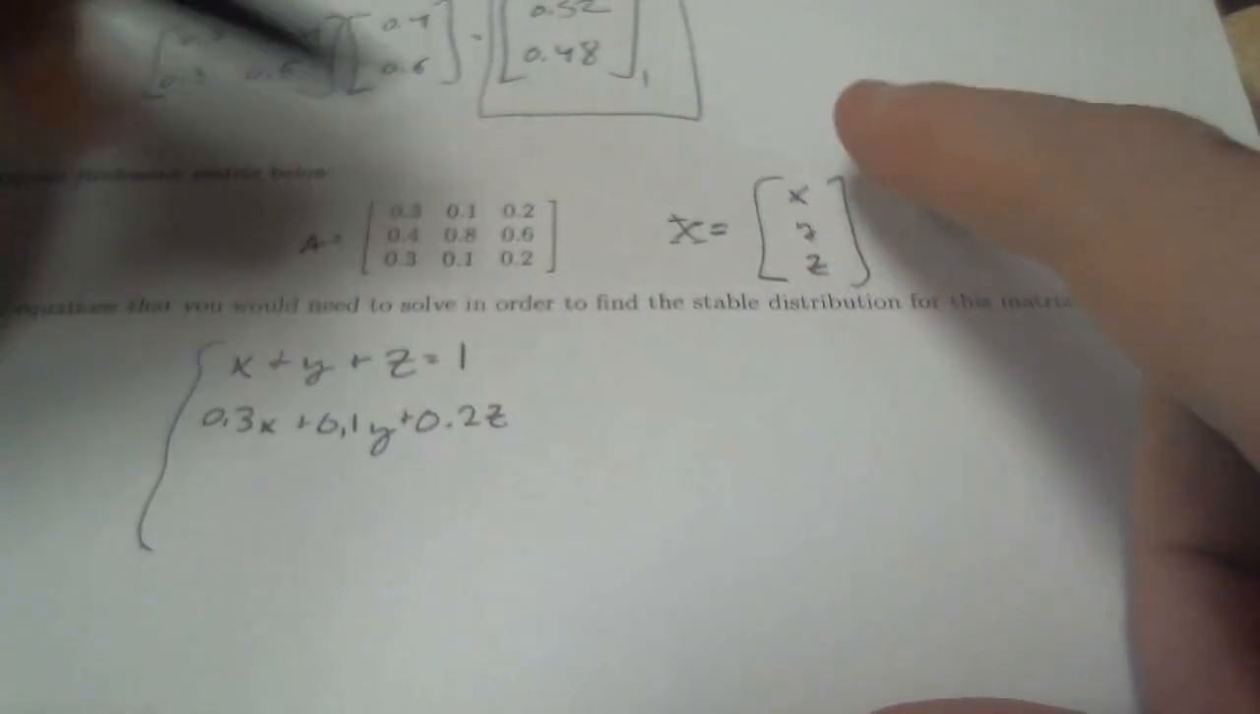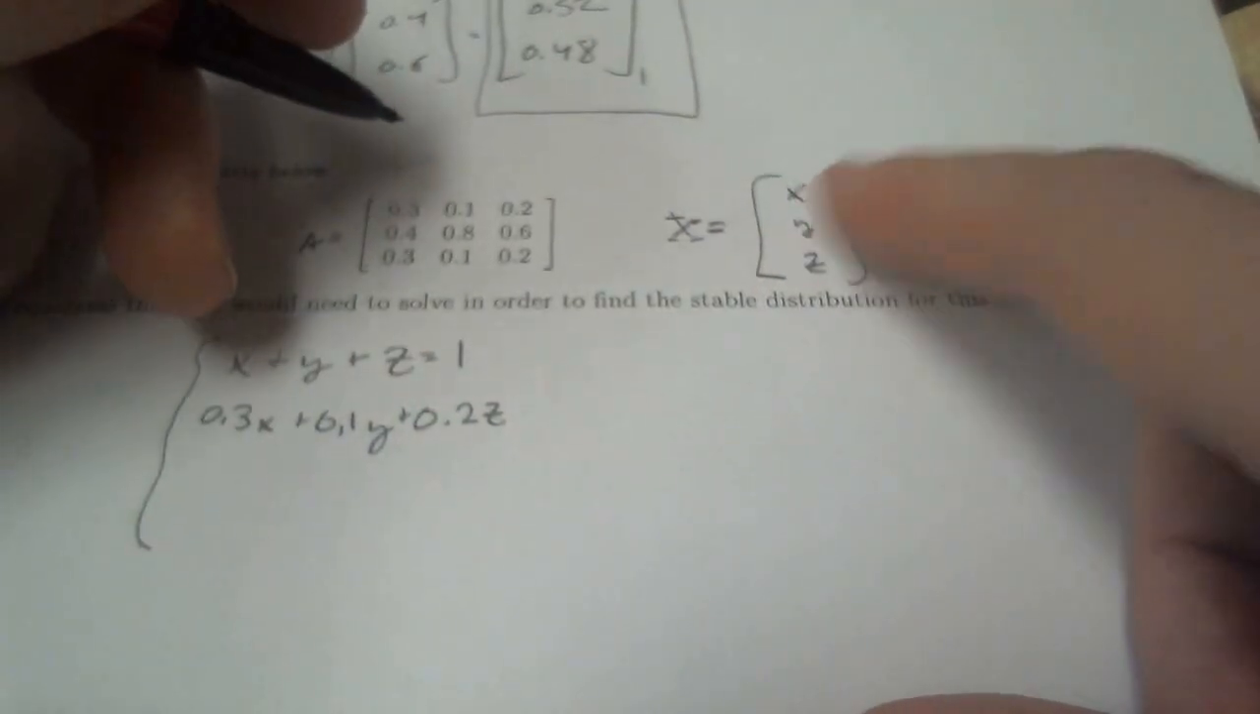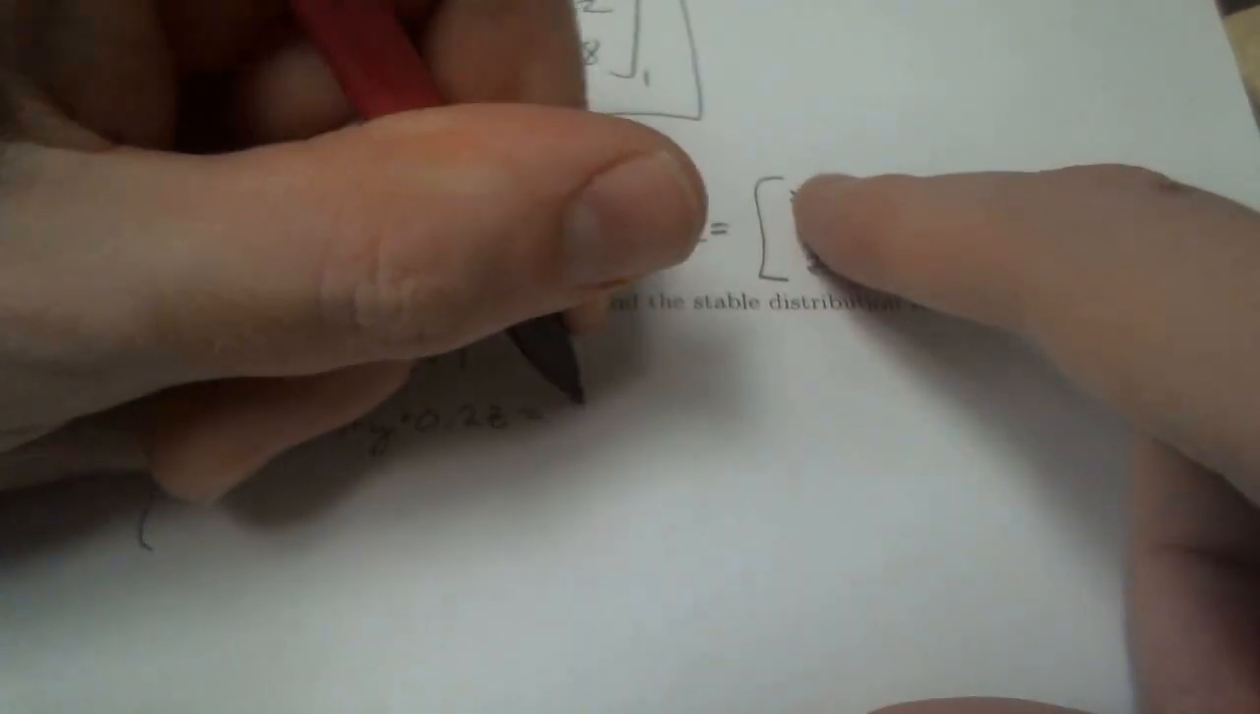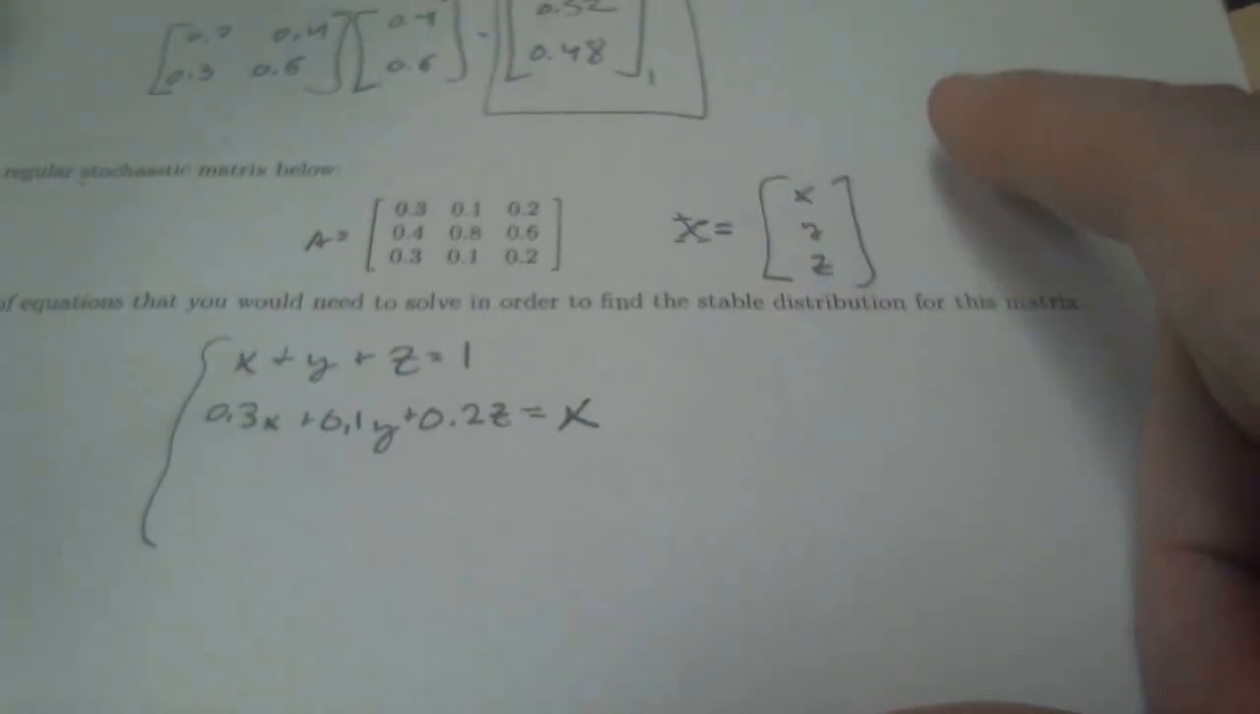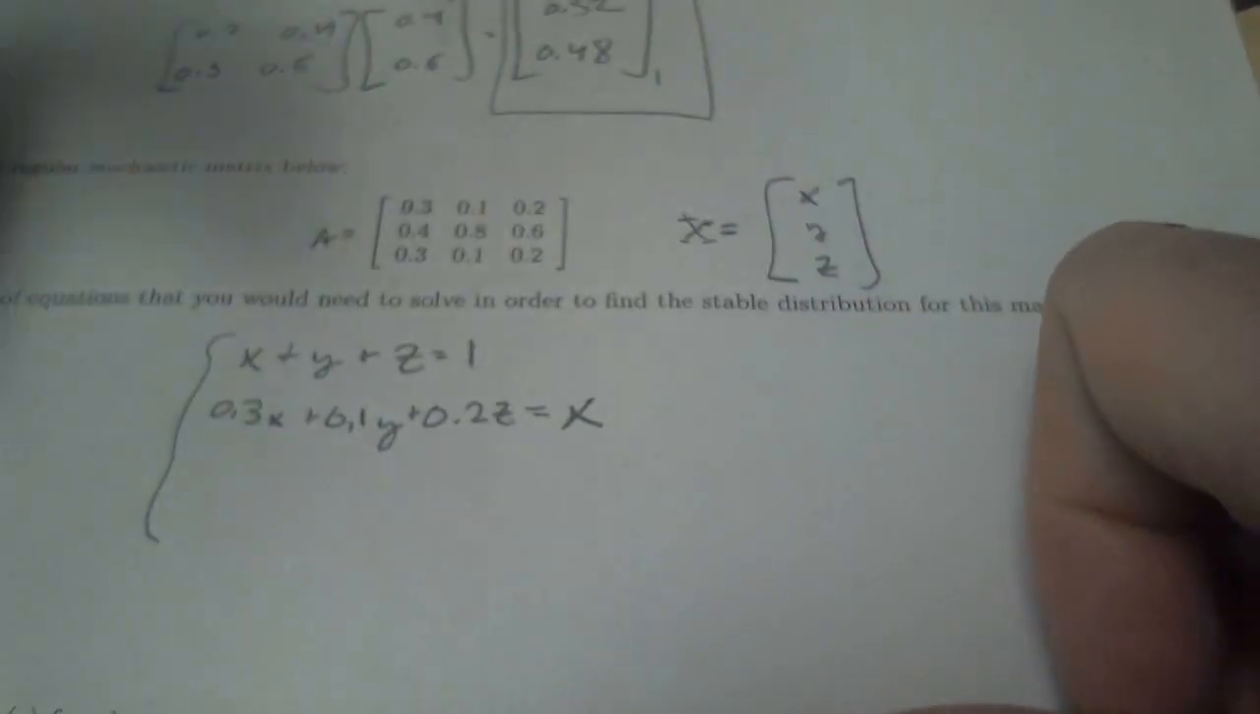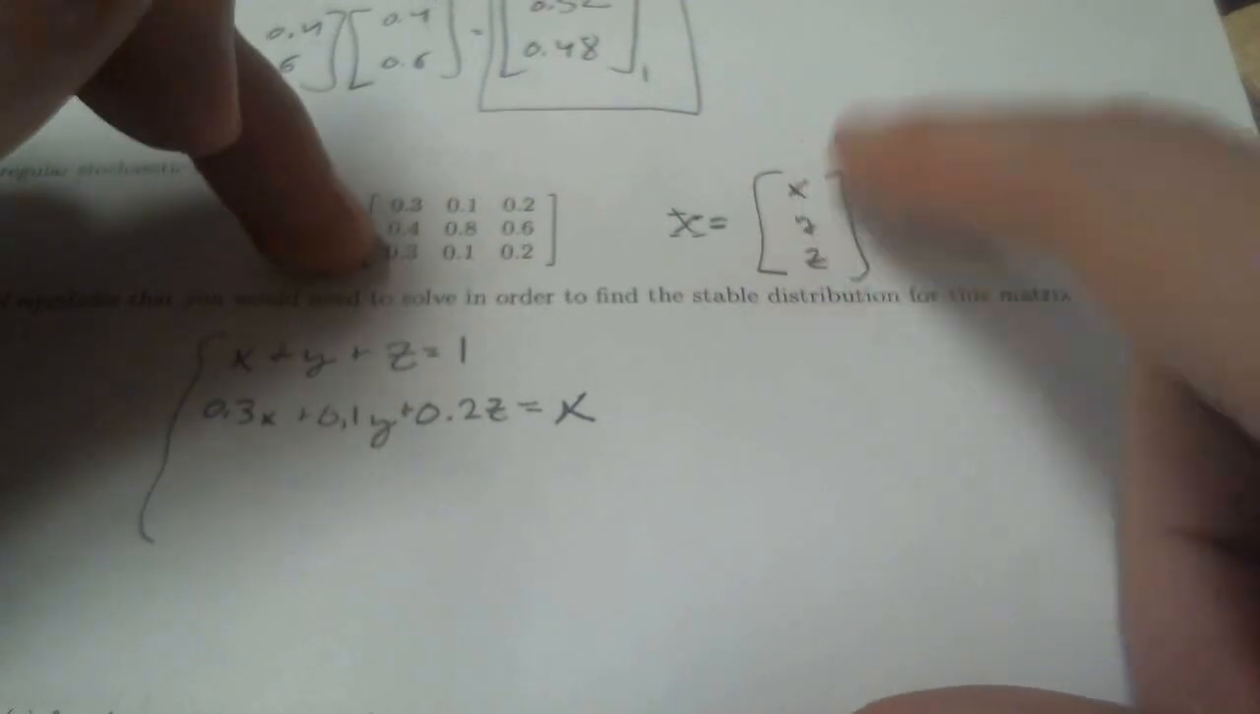All right. And again, that has to equal my matrix X. So the entry in the first row of X is X. So this has to equal X. Right, so then for the second row, again, we're going to take the second row of my transition matrix and